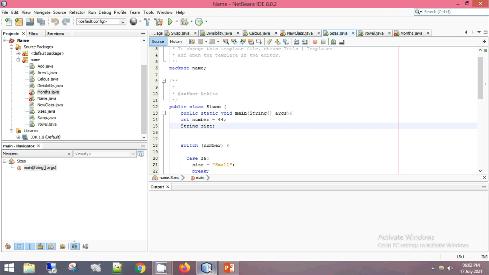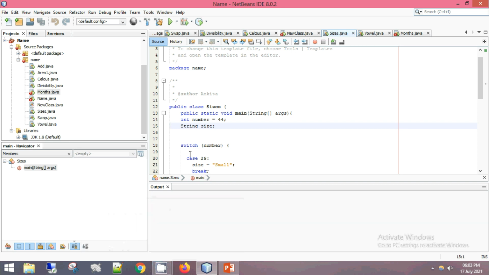If you remember in the initial videos when we covered the data type, I told you about strings and characters. A character is one single letter that is enclosed in single quotes. For example, if I take my name Ankita, the first letter A is a character, N is a character, K is a character, I, T, A. They all are single characters. When I combine these all, they become a string. So over here in this size, I want to print it in the form of a string.